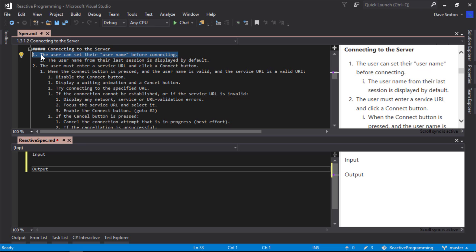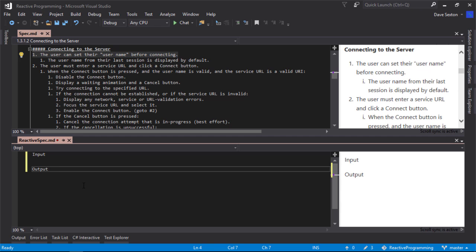But the only way to get there is to start from the spec and figure out which parts map onto this reactive model, or how to map them onto the reactive model in the way that I've described. So we're going to start from there. So we have the input and output outlined here, and like I said, we also want to think in terms